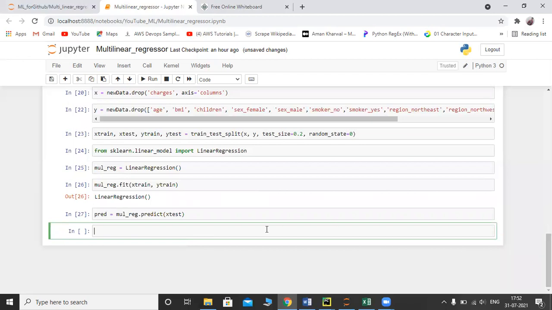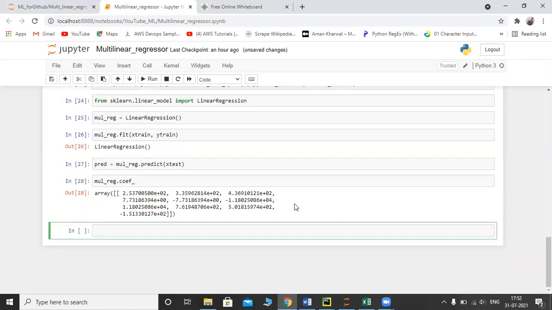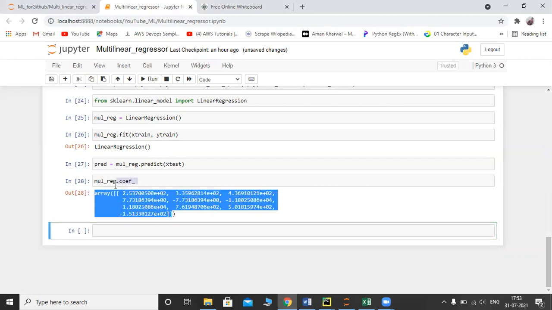Let us see those estimations with mul_reg.coef_. If you execute this, these are the values M1 through M10. So these are the estimated coefficient values.